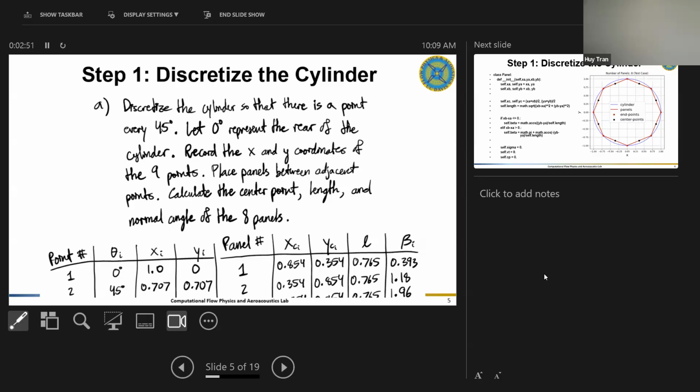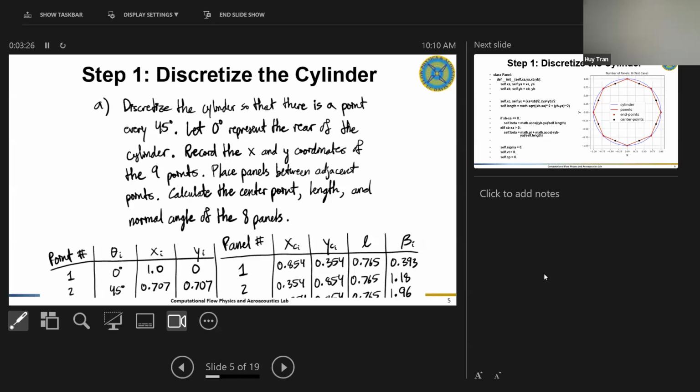some values here, but as you see, the values we care about in terms of our geometry are as follows. For each point, we care about its angle and its radius, but because we're working in Cartesian coordinates, we turn the radius into x and y coordinates. Essentially, the angle of the point and its x and y position. That's what we care about. From those 3 different values, we can extrapolate a lot of different parameters for our panels, shown on the right